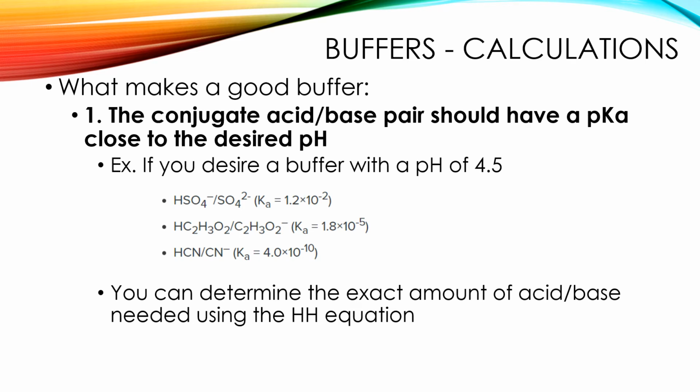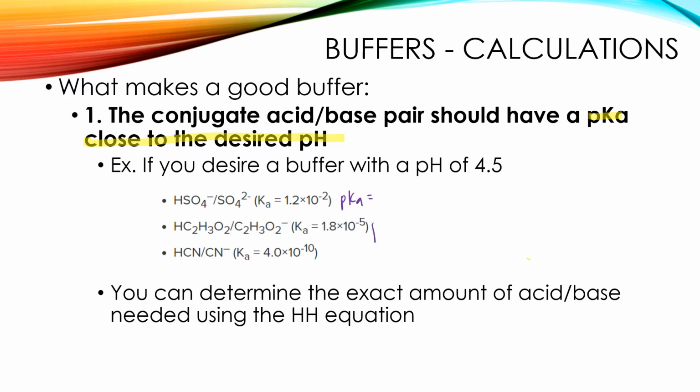So what makes a good buffer? How do we select what to use to make the buffer? So the very first thing is that the conjugate acid-base pair should have a pKa close to the desired pH. So we want a pKa close to the desired pH. That's the first thing. So look at this example. If I want a buffer with a pH of 4.5, I'm given these 3 options, being told, okay, I can use these 3 pairs to make my buffer. What I need to do then is